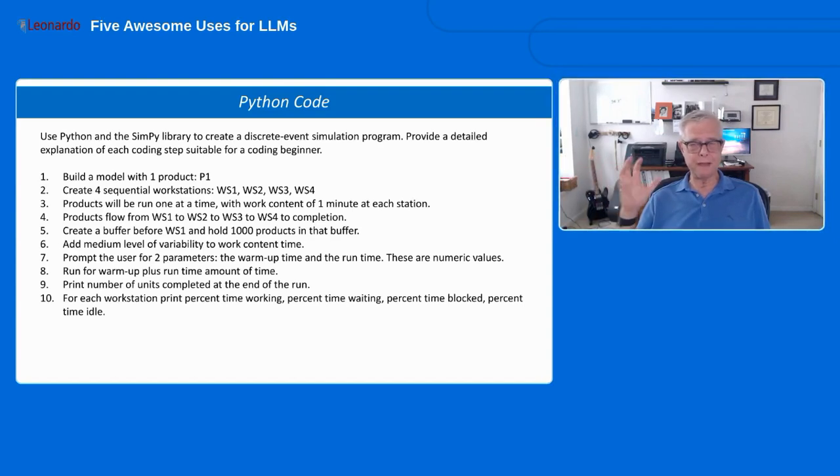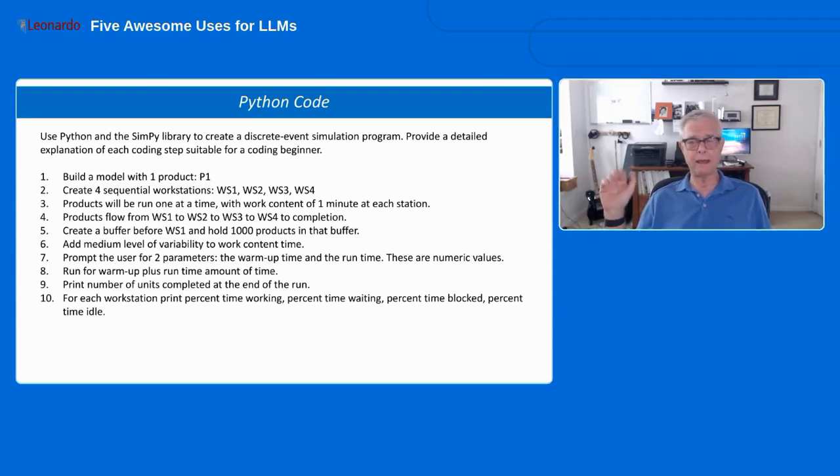I unfortunately don't have enough Python experience to be able to take this to the next step. Maybe some of you watching this do, but basically you can describe what you want it to do, and it's going to generate the Python code. And then you can run it, debug it, ask ChatGPT or Claude or any of these LLMs to improve it.